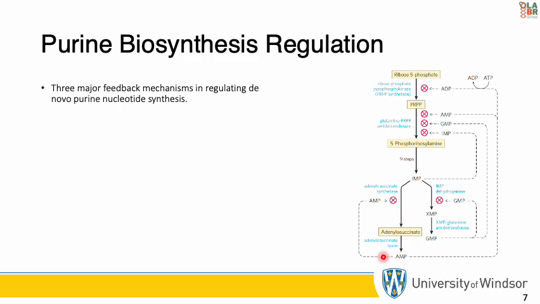So the first mechanism is exerted on the first reaction that is unique to purine synthesis, the transfer of an amino group to PRPP to form that intermediate, 5-phosphoribosylamine. So right here we have our PRPP going to that molecule right here, that intermediate. That intermediate is the one that I talked about a little bit earlier and said was highly unstable, only lasting about 30 seconds at physiological pH, right? So this is one of the most important regulation mechanisms that we have.